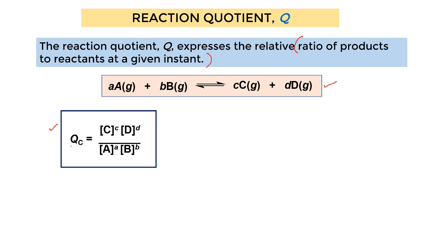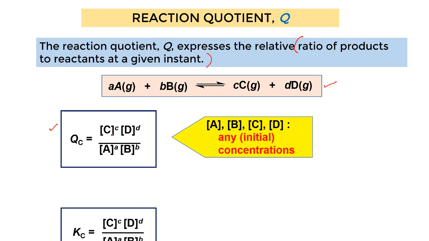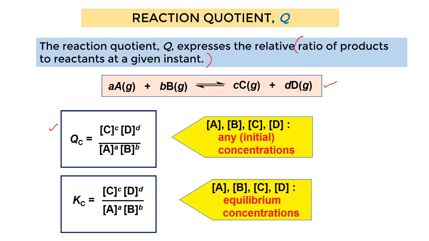So Qc, if you look at the Qc expression, it looks like Kc expression. But the difference is Qc is measured by using concentration of reactants and products at any given instant time ataupun at any concentration. Usually adalah initial concentration. Okay, maksudnya biasanya kita akan gunakan initial concentration to calculate Qc ataupun waktu at a given instant yang diberikan. But for Kc, we must calculate Kc or Kp by using equilibrium concentration, or